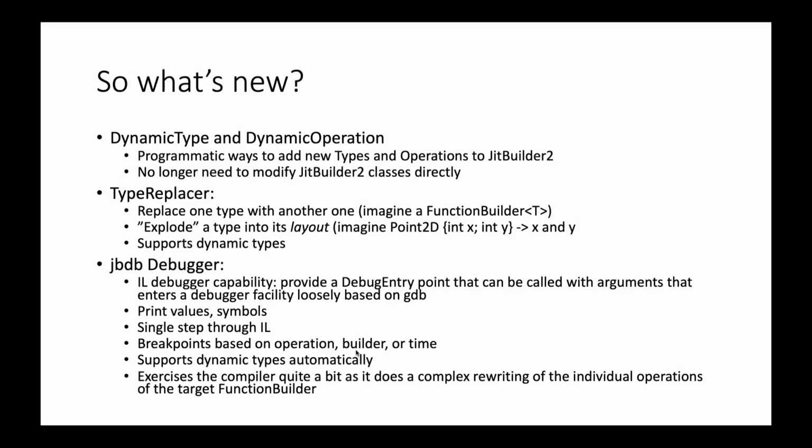And one interesting benefit of this is that it actually exercises the compiler quite a bit, because it's doing these fairly complex rewriting of the individual operations of the target function builder. So in the course of debugging a matrix multiply operation, which is reasonably simple and doesn't require very much code itself, it will actually compile, I think, 35, maybe 36 different functions, all of which have different kinds of builders and switches,